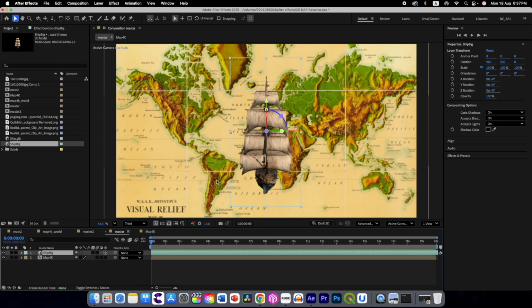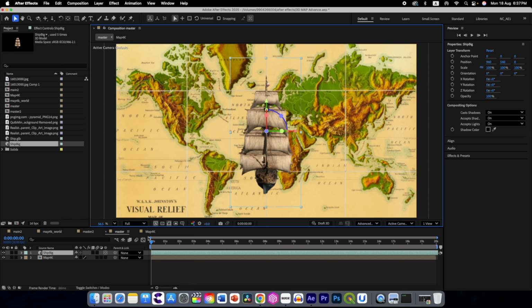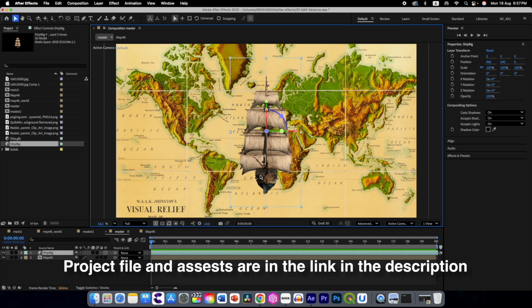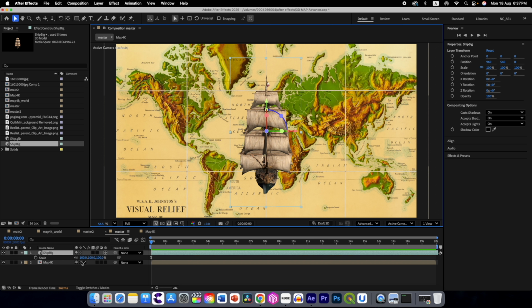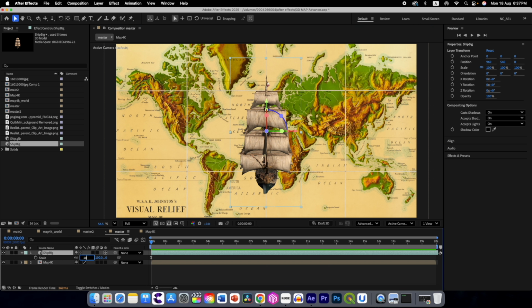You can use any resource that is freely available to you, or you can download all the assets that I have provided from the link in the description. Okay, so let us scale it down. It is quite big, so let's make it 10. All right,